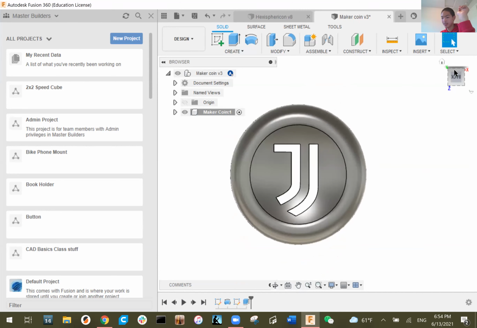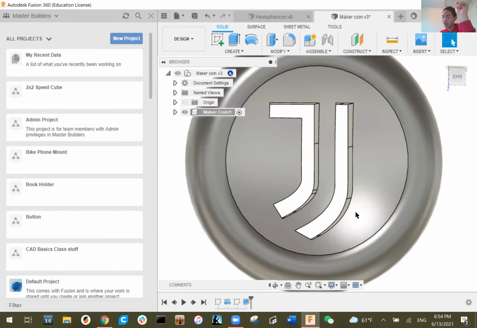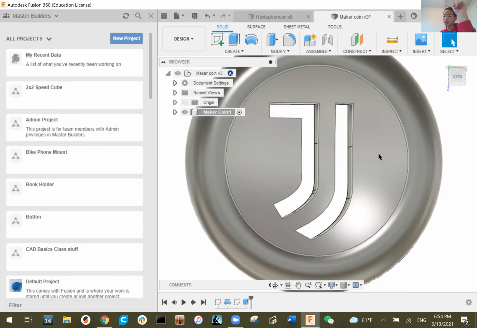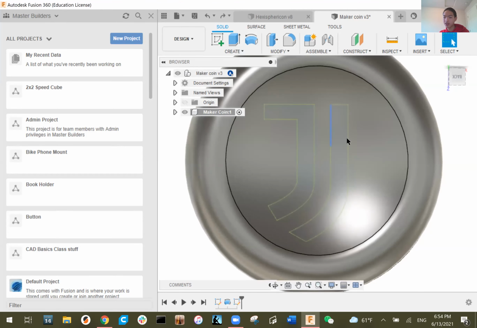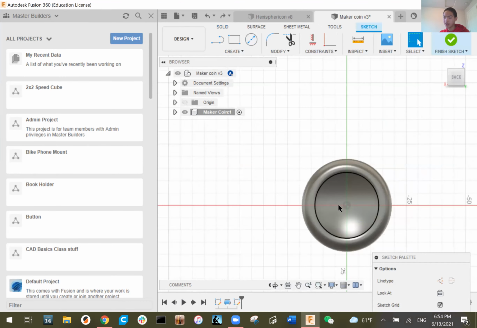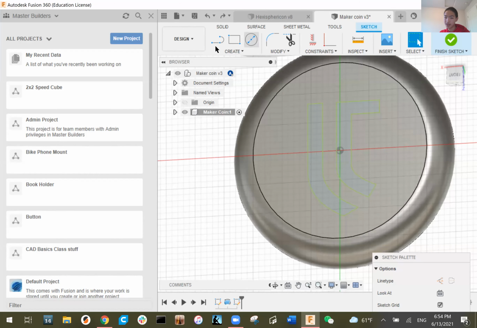to create your coin logo. Basically, you can import any pretty simple logo and use it for your coin. More complex logos are going to be hard to do. Say, for example, if I were to change this logo a bit and have a few connected lines on it, like here and then here,